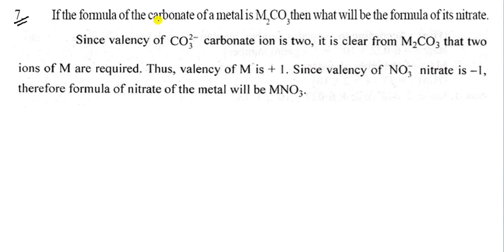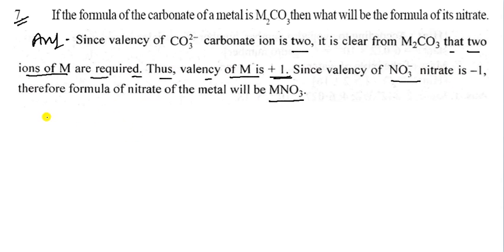If the formula of carbonate of a metal is M2CO3, then what will be the formula of its nitrate? So you have to write here the answer. Since the valency of carbonate is -2, it is clear that in M2CO3, 2 ions of M are required. Thus the valency of metal M is +1. Since the valency of nitrate is -1, therefore the formula of nitrate is